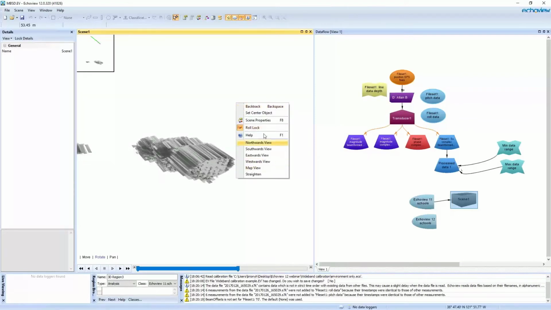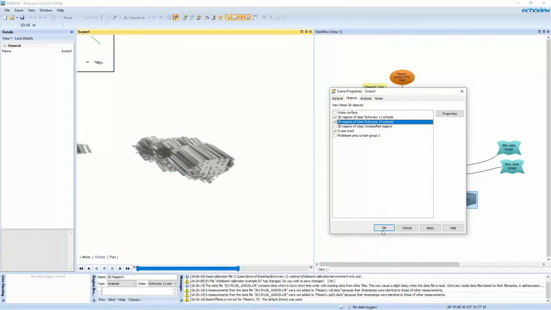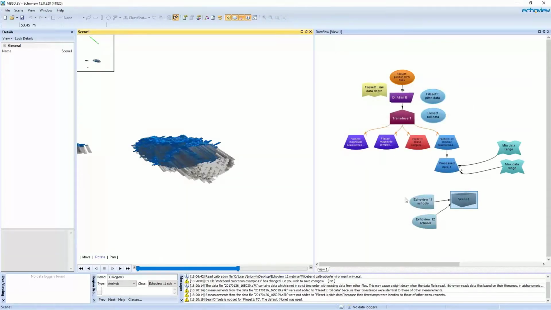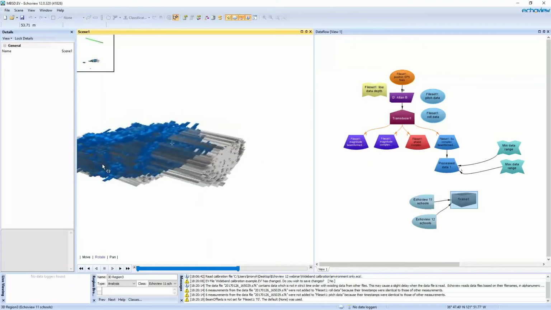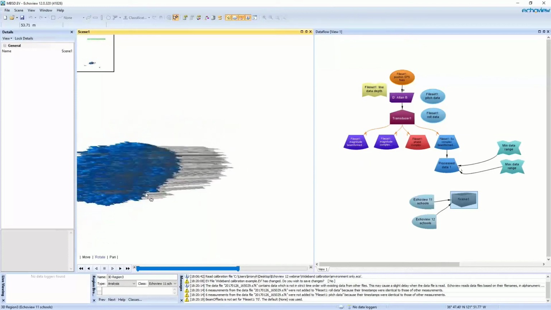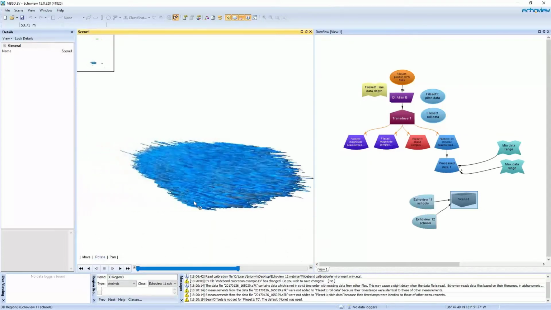In EchoView 12, we updated our algorithm, and it now better considers overlapping pings. And instead of ignoring the entire ping if it overlaps, we just ignore the samples that overlap. So here in the blue, we can see a much better 3D object has been detected from this data.